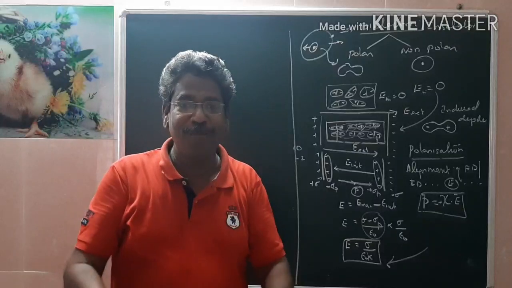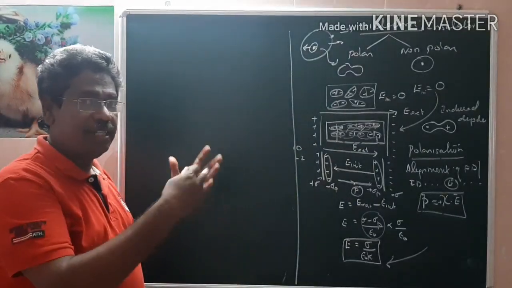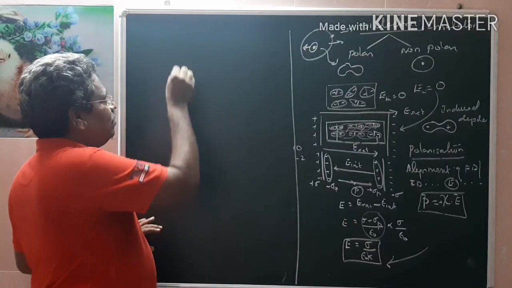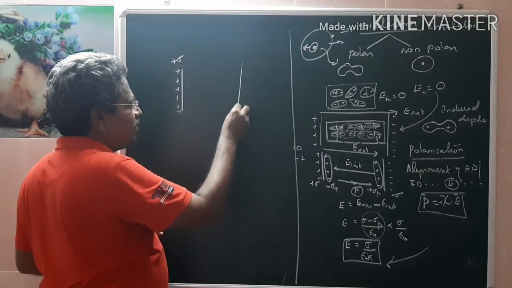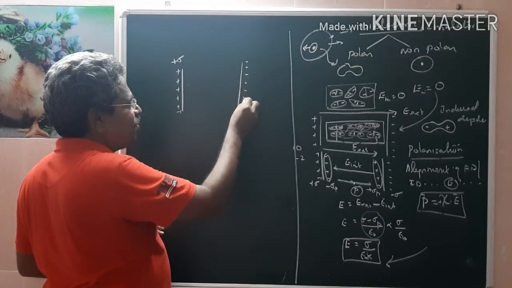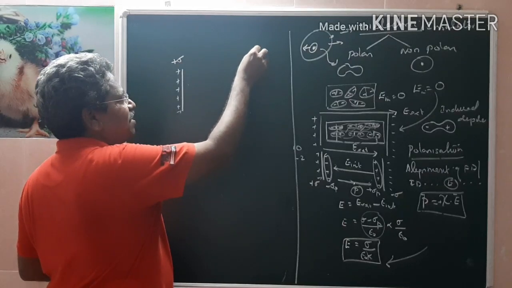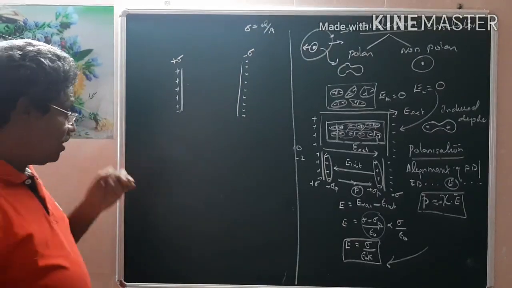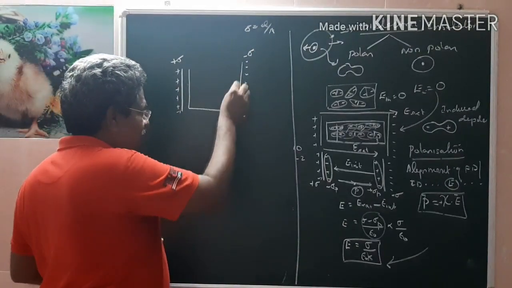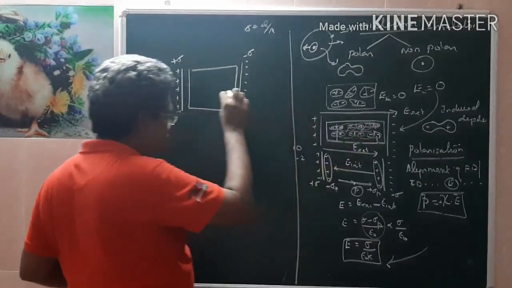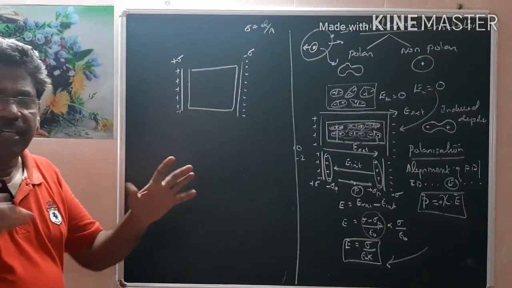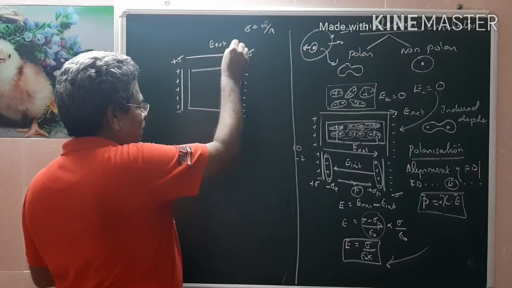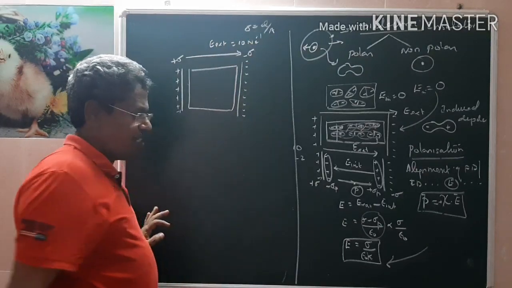Now I want to know what situation actually exists in the case of a good conductor. Now think about the good conductor. Suppose this is a plate where we apply positive charge density plus sigma, and this is another plate with an equal amount of negative charge, charge density minus sigma, where charge density is the amount of charge given per unit area. Now a good conductor is placed inside the plates, where it is subject to the external electric field. Here the external electric field acts from here to here. To understand, let the external electric field be equal to 10 newton per coulomb.